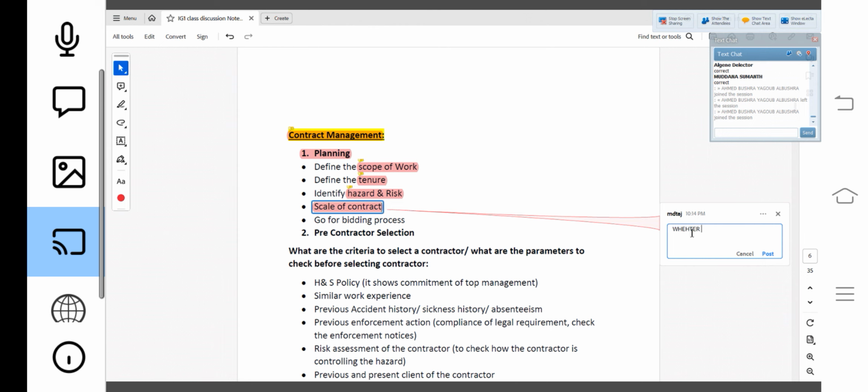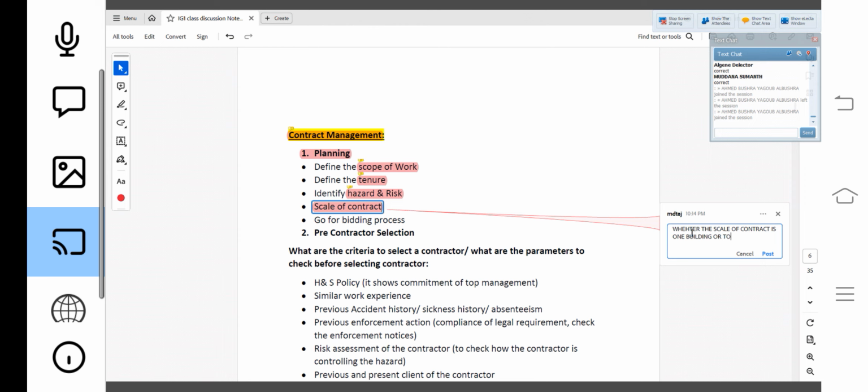So whether the scale of contract is 1 building or 2-3 buildings, the scale of the contract can also be defined or mentioned in the planning stage.